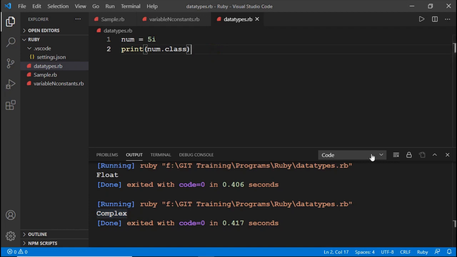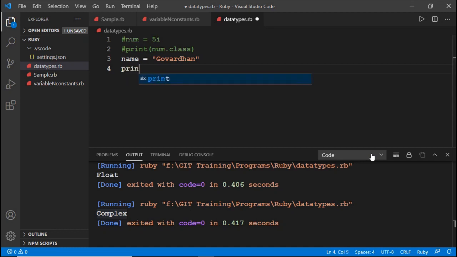Coming to the second data type in Ruby, that is strings. So what is a string? A string is a collection of characters that are enclosed in either single quotes or double quotes. See here, I would like to take name as a variable. I enclose my name in double quotes.